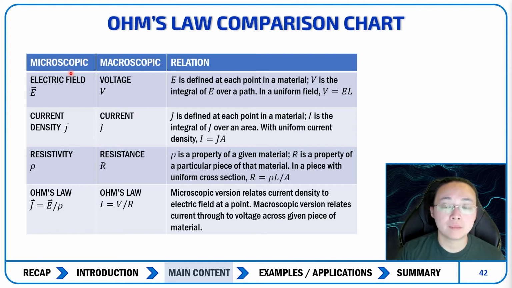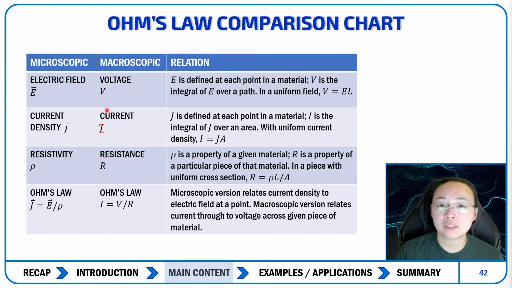Next, you have microscopic view. We did take a look at current density instead of current. Oh, and that's actually I, not J. J is defined at each point within a material, where I is the integral of J over an area. So please change this to I. Okay, so we know that if you have uniform current density J, then you have I equals J times